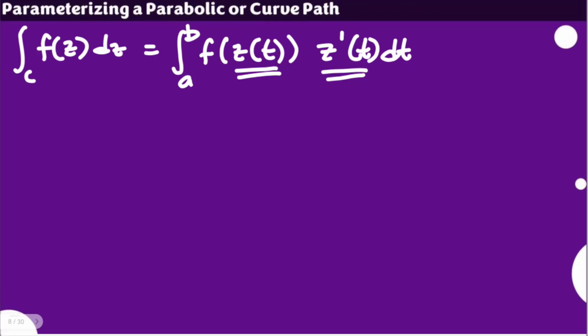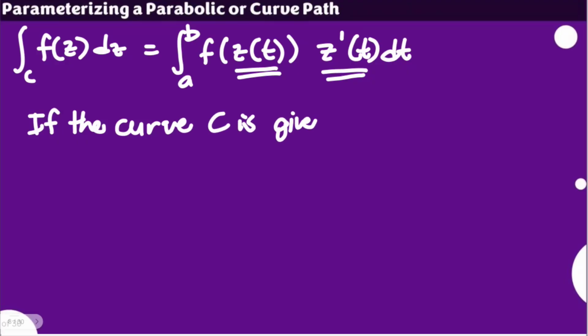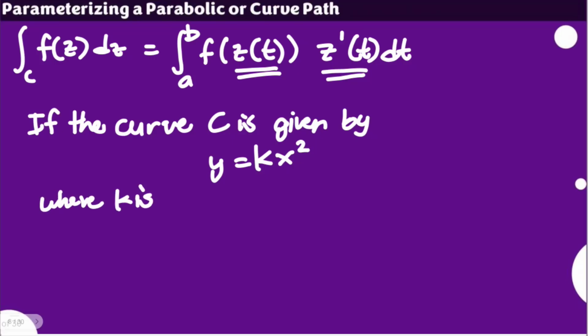Now, if the curve C is given by, let's say, a parabolic curve, we know that the curve is in the form of y equals kx squared, right? Because it's a parabolic form. And of course, in most of the curves, it forms a square or quadratic form, where k is a constant, then the complex form